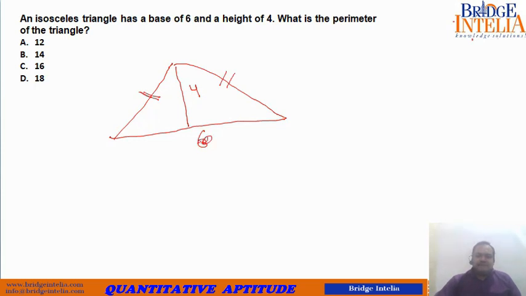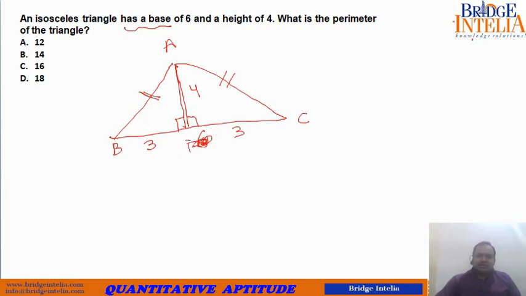So when you see base, by default the base is the non-equal side. So if this is 6, that means this 6 got divided into two equal parts, because height is what? Altitude. So if this is 90 degrees, this base, which was 6, got divided into two equal parts. So if this is A, this is B, this is C, this is D.